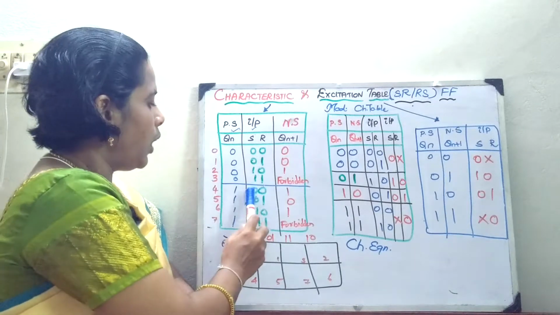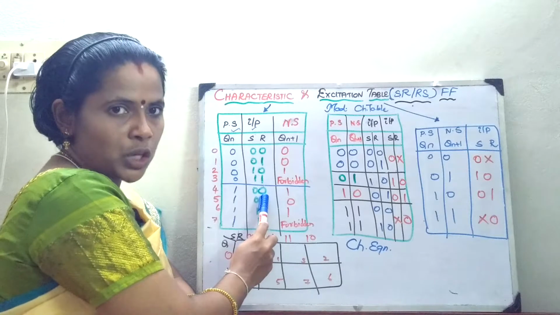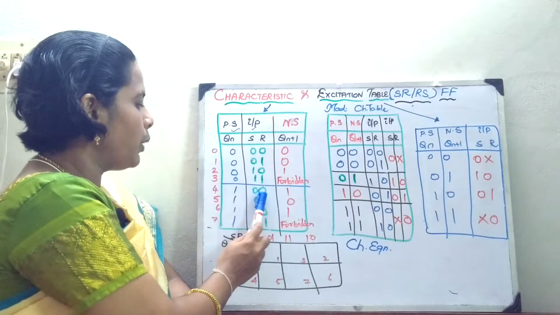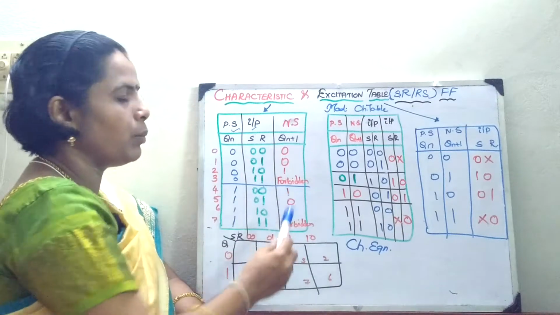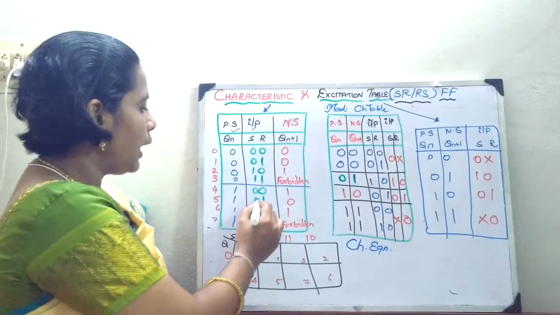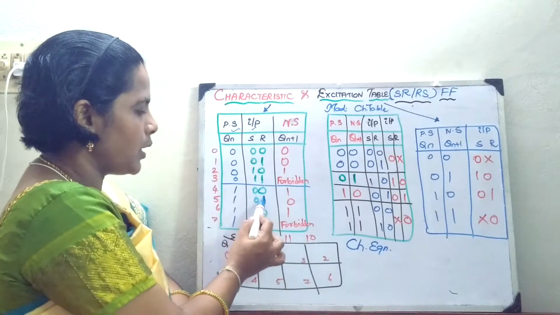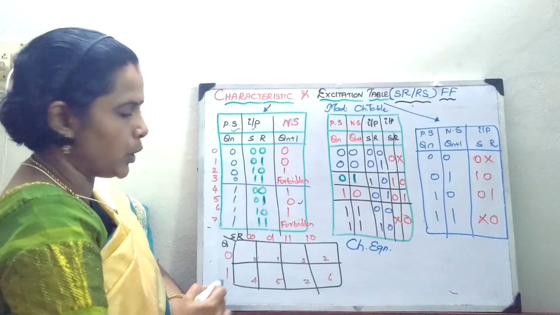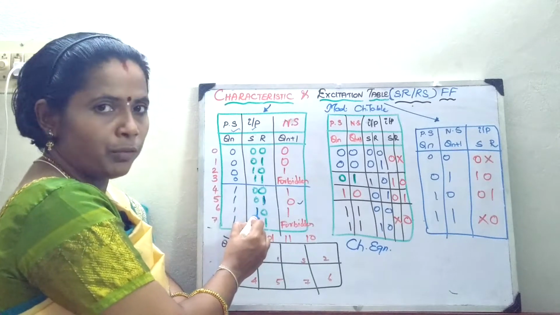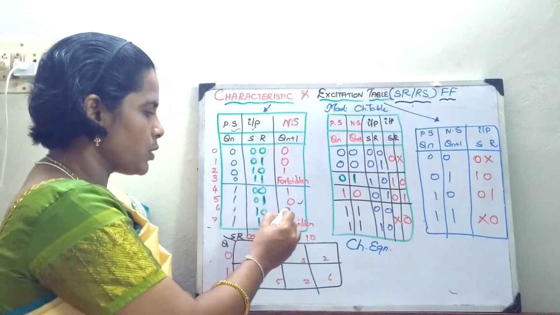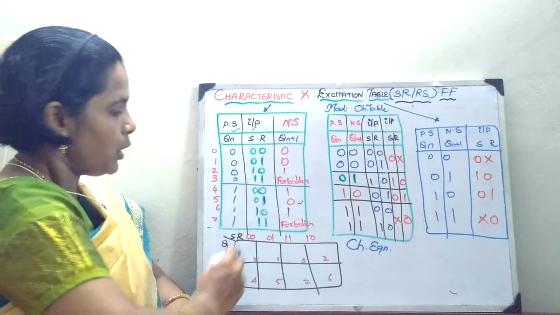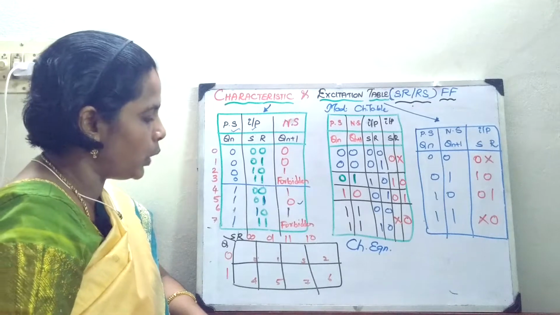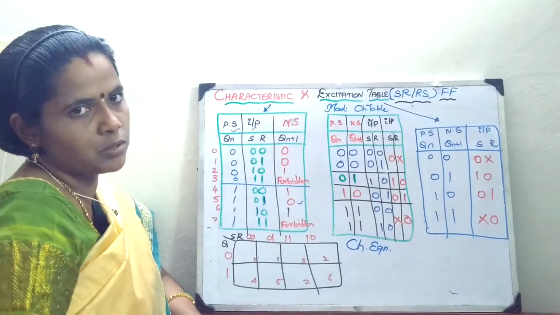Now we will move on to the condition when the previous state is 1. When it is 0, 0, it is a no change condition. Whatever is the previous state will be retained. The previous state was 1, so the same state will be retained. Next, when I reset my flip-flop, my output is going to be 0. The next case, I set my flip-flop with my previous state as 1, it is going to set the flip-flop. Whenever I give the forbidden condition, both inputs 1, 1, my output is going to be 0.